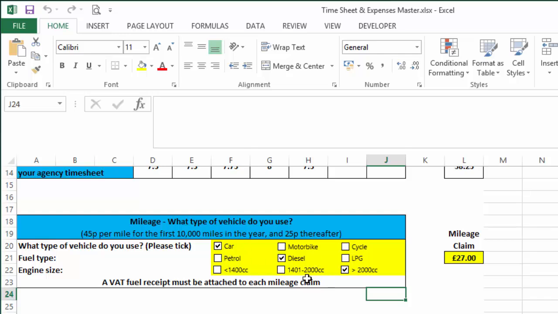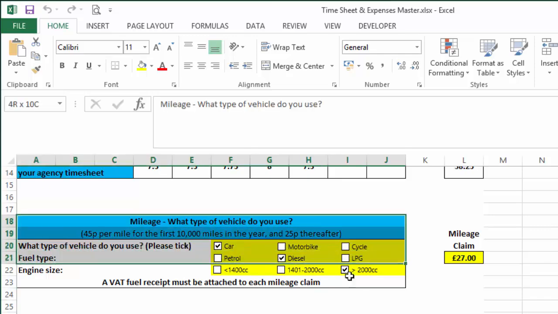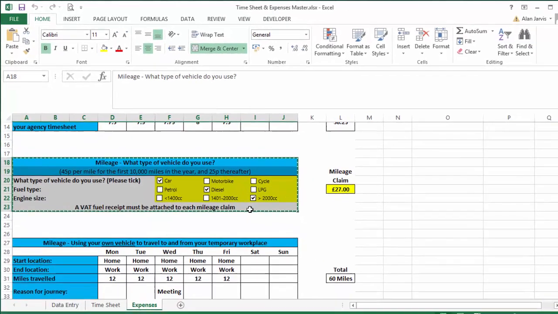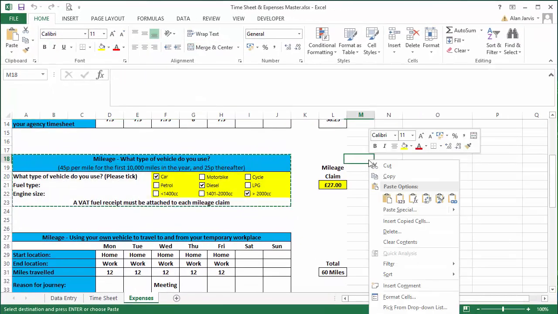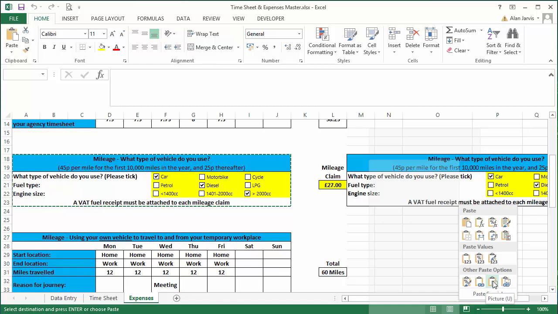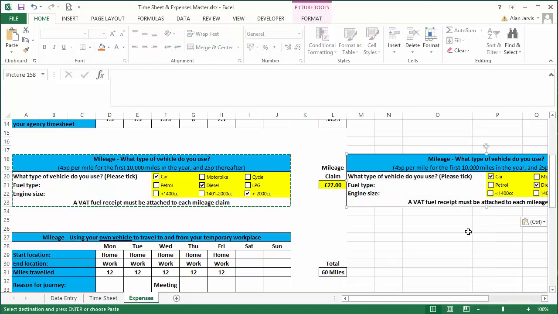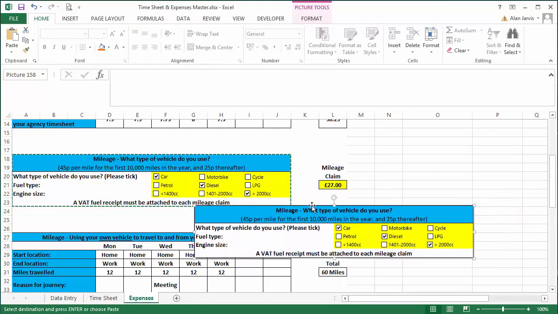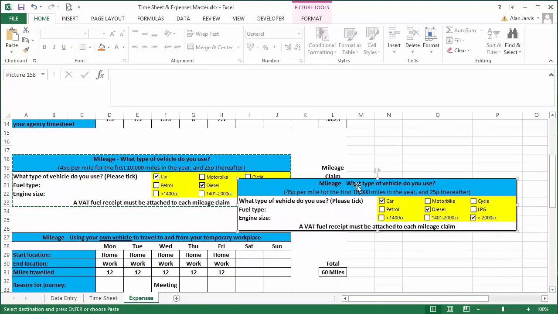So the first thing we're going to have a look at is how you actually add these tick boxes on to begin with. Now, because I want to recreate this exactly, what I'm going to do is highlight this section, hit Control and C to copy it, and click over here in the spreadsheet and come to the paste special, and you can see we get a bunch of extra options just here, and the bottom one just there says picture. So I'm just going to left click picture, and now I have a picture of exactly that highlighted area just there. So I'm just going to hit escape to get rid of the dancing ants,